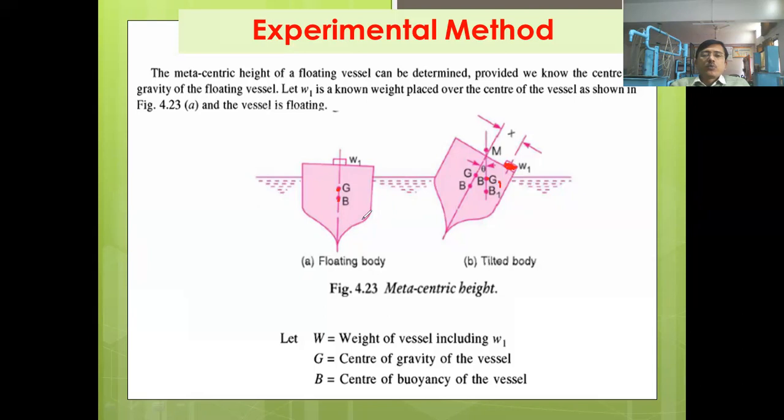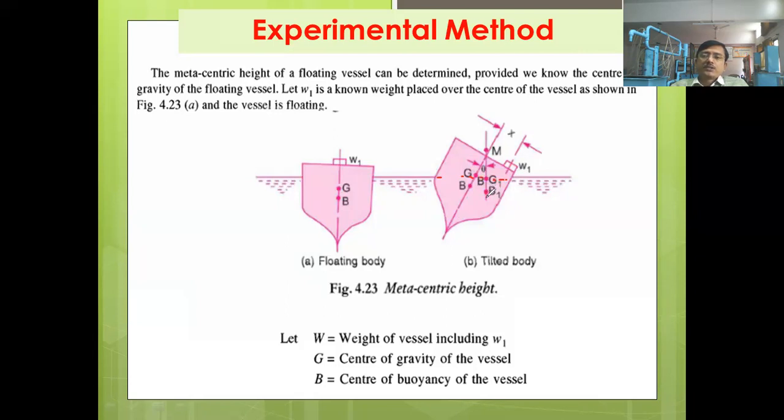Also, the buoyant force, the center of buoyancy, is going to shift from b to b1, because as this object has been tilted, you can see the shape of the volume of water displaced has changed. Earlier the shape of the water was like this. The center of gravity of the displaced liquid was here, but now the shape of the water displaced by this object has changed, and eventually it changes the center of gravity of this submerged portion, and it is shifted to this point b1.